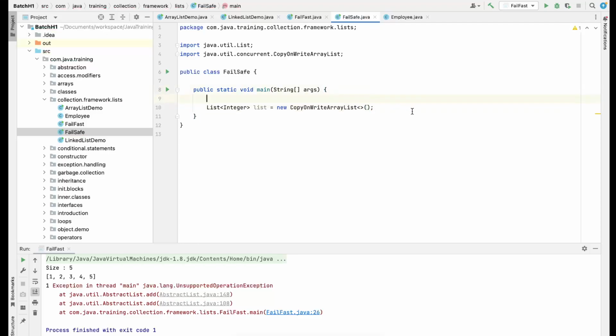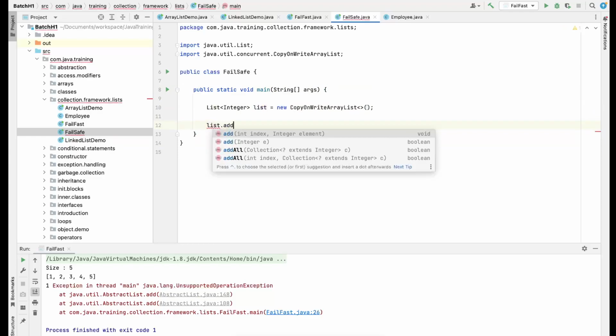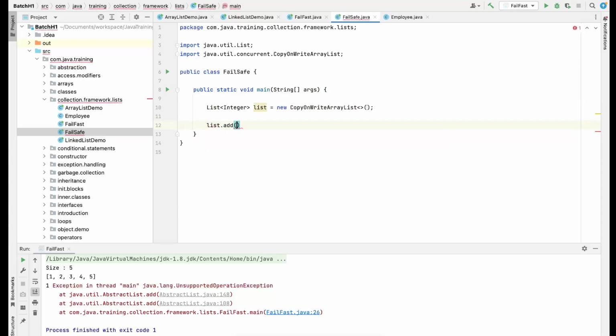This is one of the fail-safe examples. Let's say list.add, I'm adding something like 1 2 3 4 5,